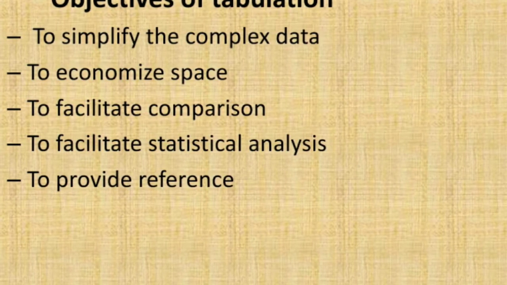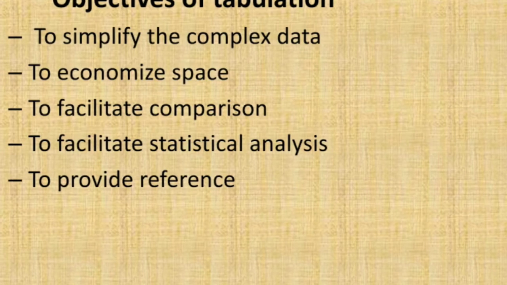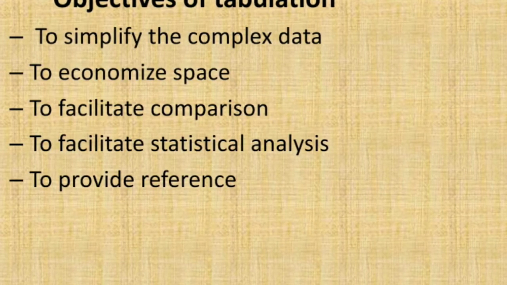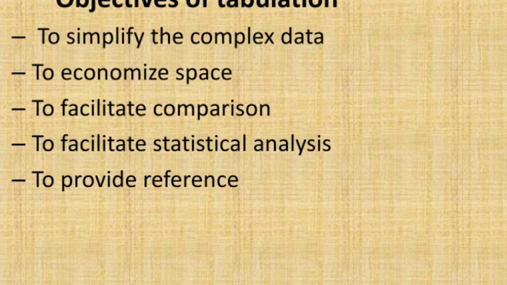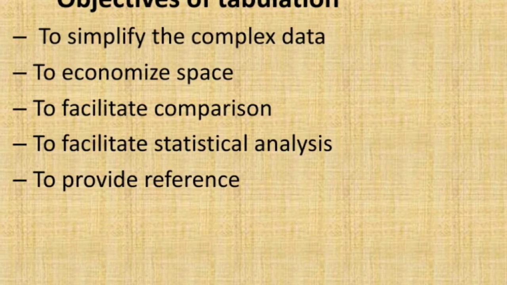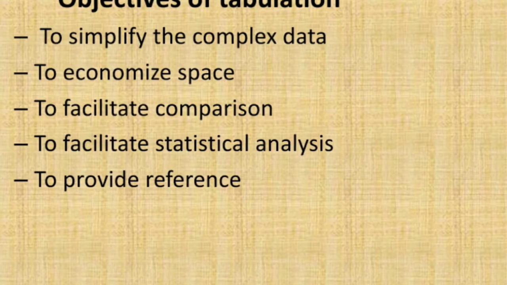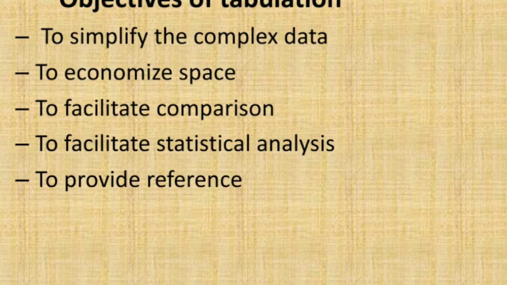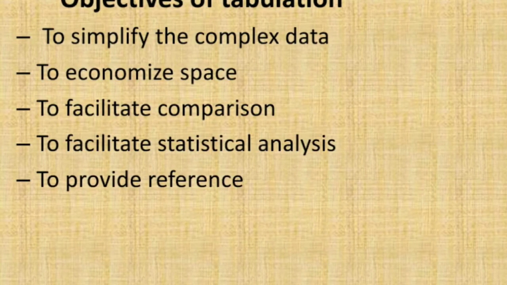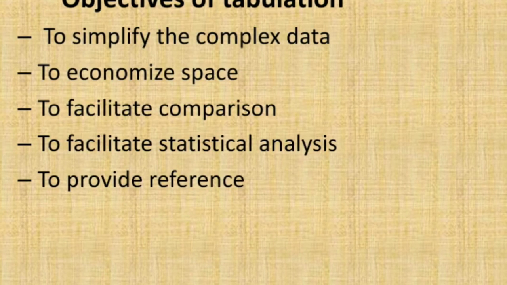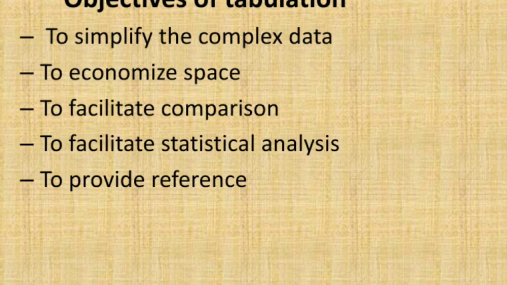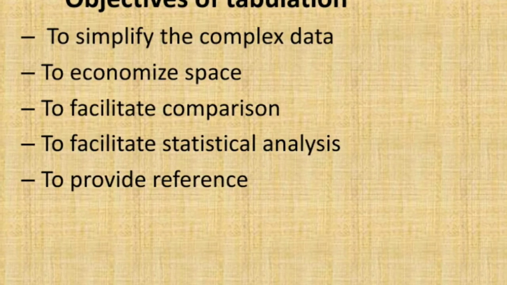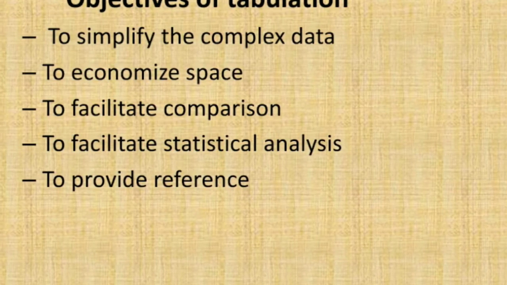In this way, we can compare the data. As I was talking to you about the railway timetable, there you can see different trains will be available. Passenger train is available, how much time that is taking. Express train is also available, how much time that is taking. Superfast is also available, how much time that is taking. You can compare from that table itself and you can decide through which train you want to travel.